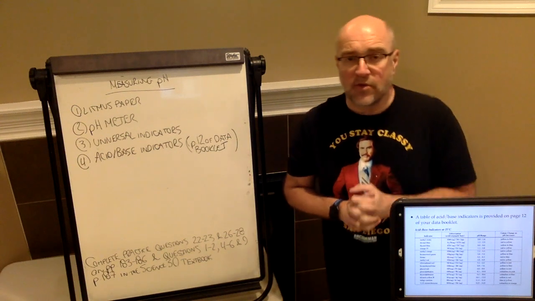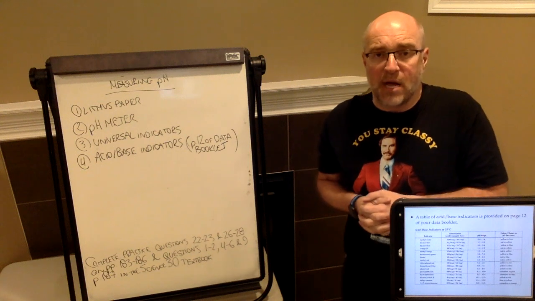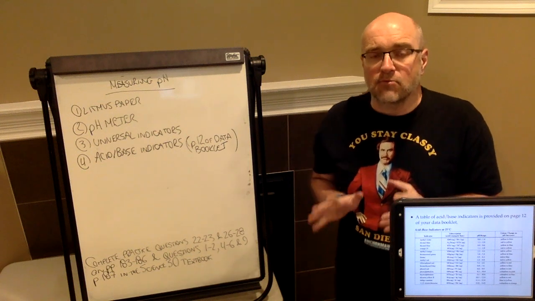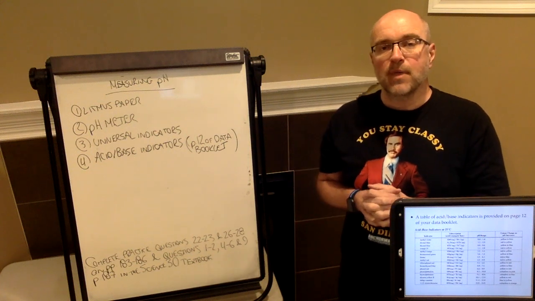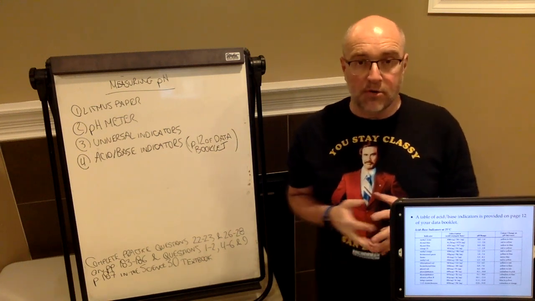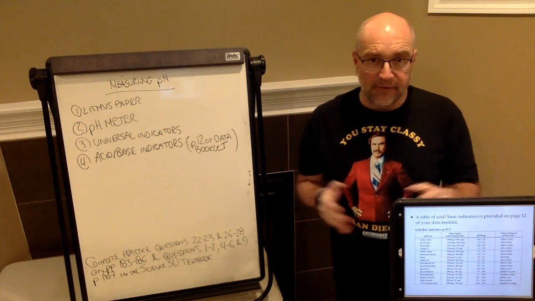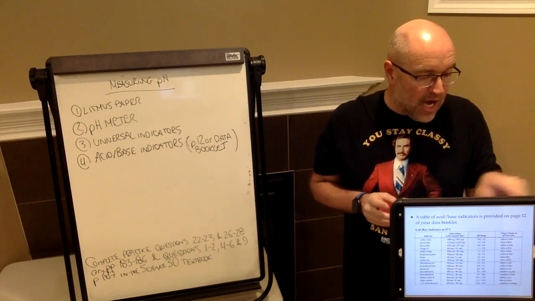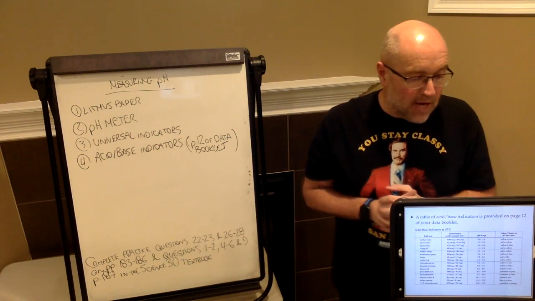You're going to make use of this because there will be some questions that are going to come your way where you have to calculate the rough pH of a solution based on what these indicators are doing. Now, on the chart, let's take a look at the first one, for example. The first one on this chart on the very top is methyl violet, and it's got a pH range of